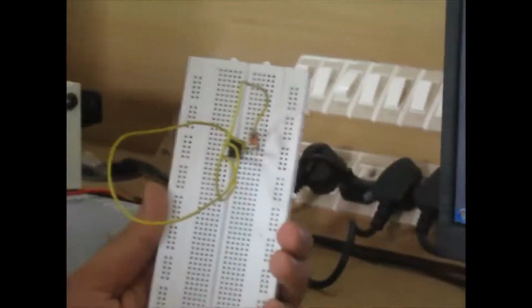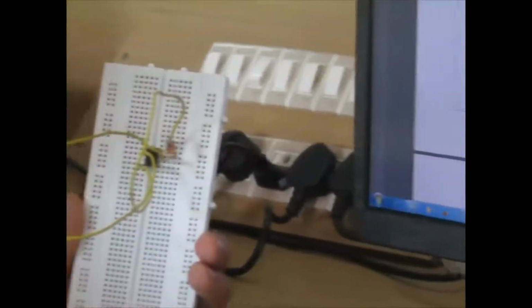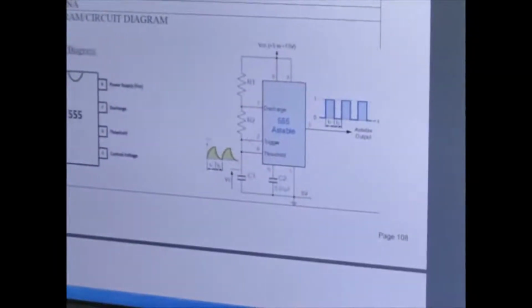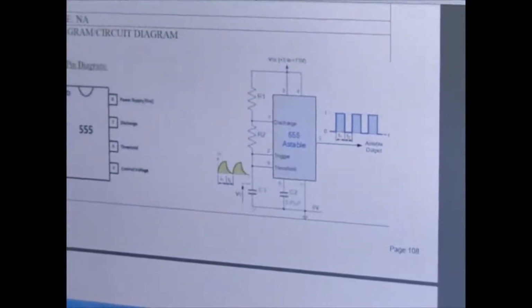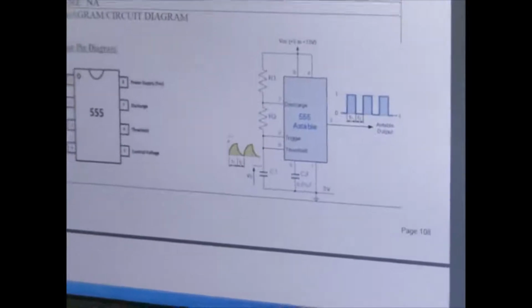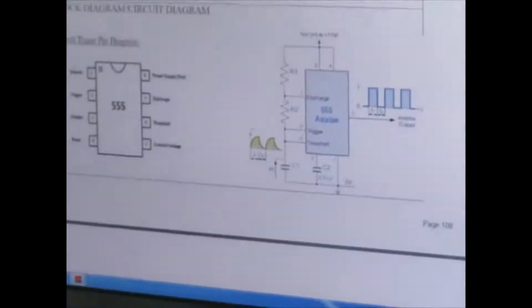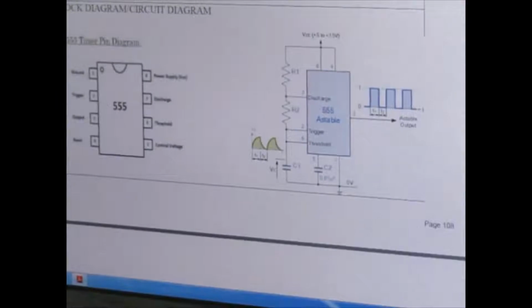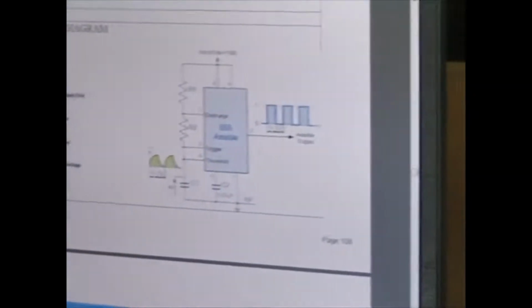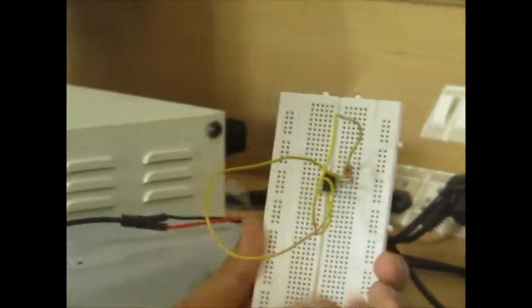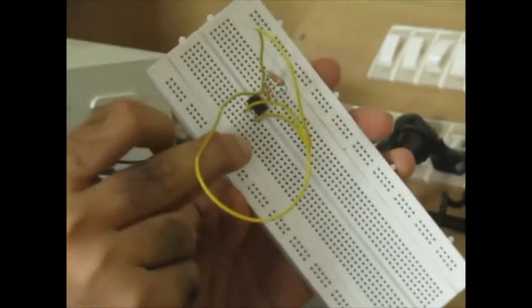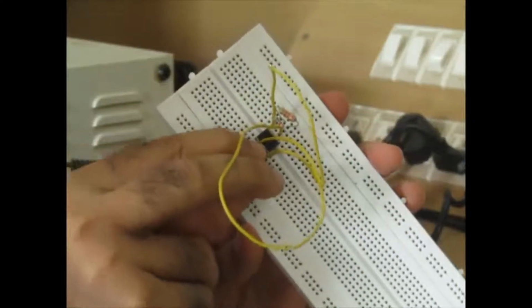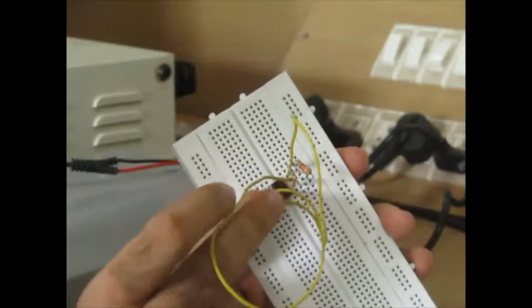Okay, so here you should apply some logic. I will use the capacitor from pin number 2, and the other terminal of the capacitor will be grounded, right? If you refer to this 555 timer, you can see that pin number 1 is also grounded. So I will take one leg of this capacitor to pin number 2 and the other will be grounded, that is pin number 1.